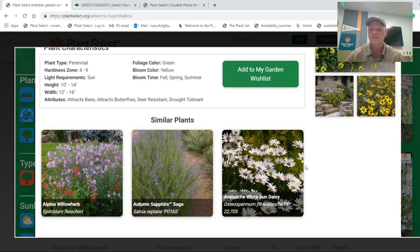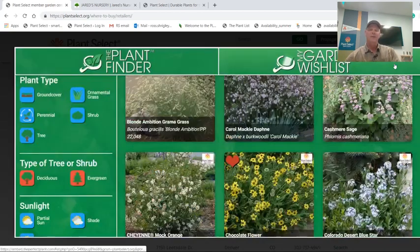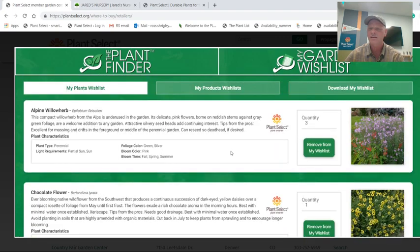These are different suggestions down below. But I do love chocolate flower, so I'm going to add that to my wish list. Now, being late at night, I may forget, where was I looking at these? Oh, it's one of my close garden centers. I can click up here, see which plants I was researching, and then if I do this, download my wish